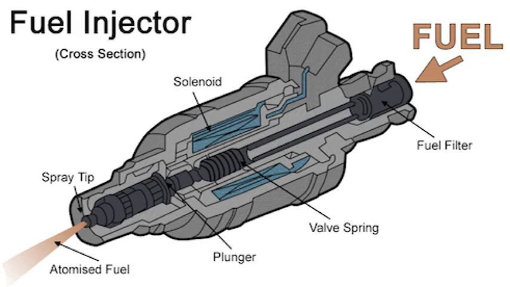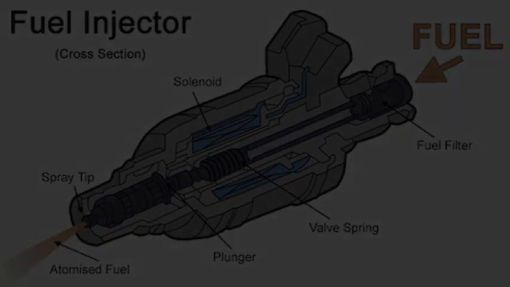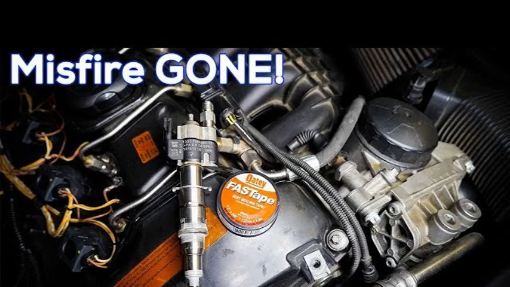The repair for code P0206 will vary depending on the underlying cause. However, some common repairs include replacing the faulty fuel injector, repairing the wiring problem, replacing the ECU. It is important to note that repairing code P0206 can be a complex process. It is recommended that you have the repair performed by a qualified mechanic. Here are some additional resources that you may find helpful. P0206 code definition, P0206 code symptoms,